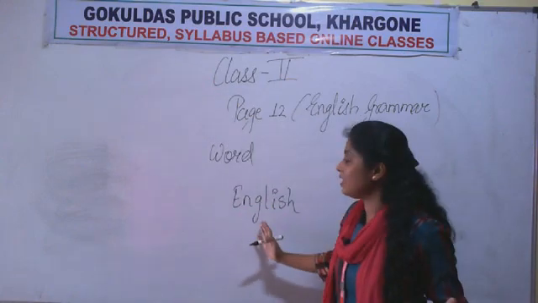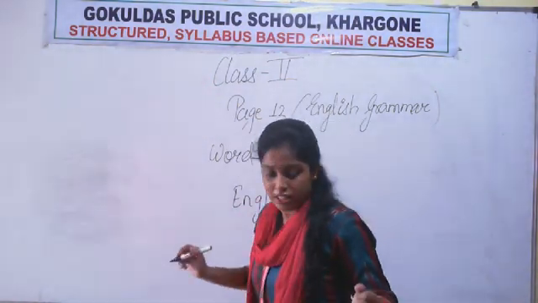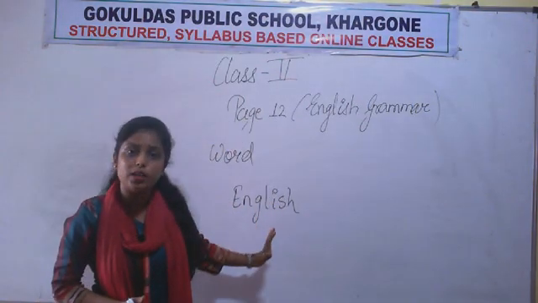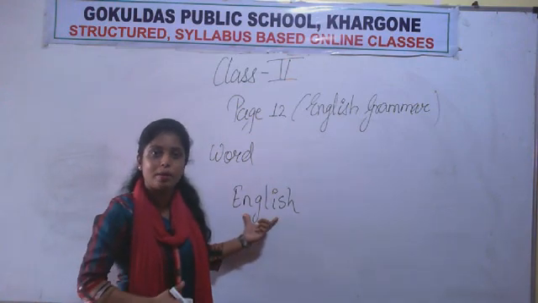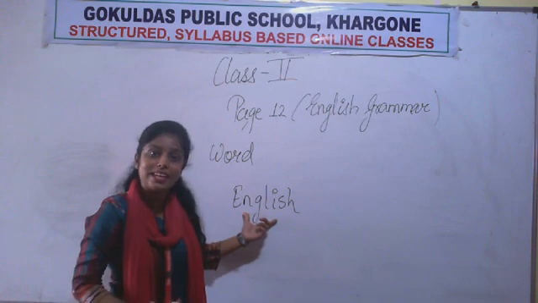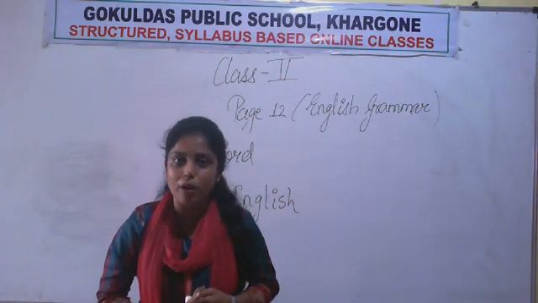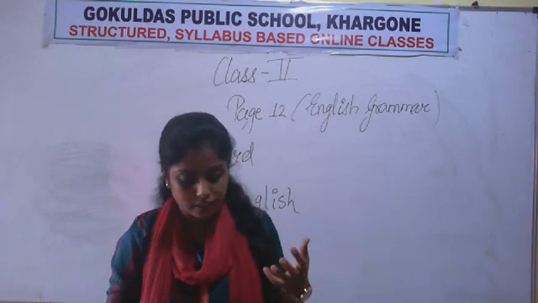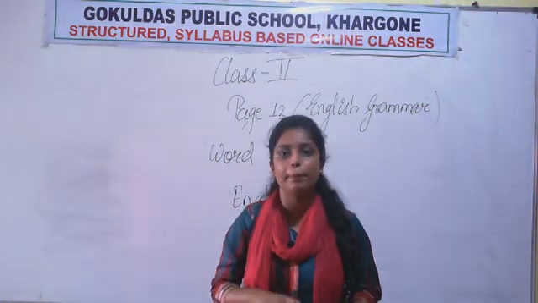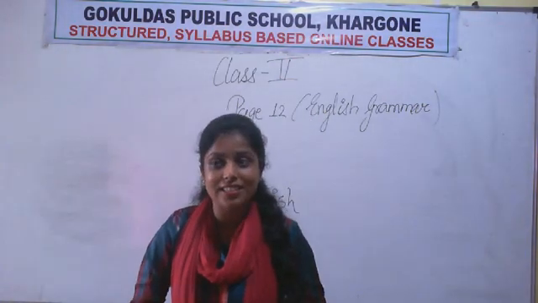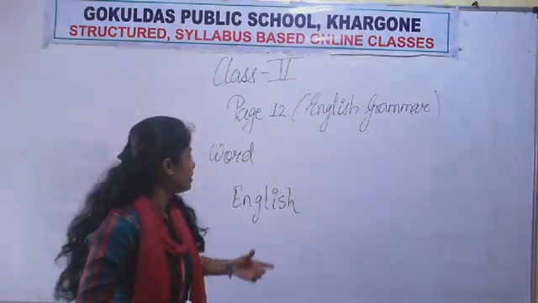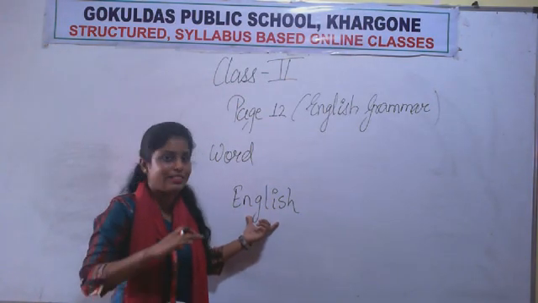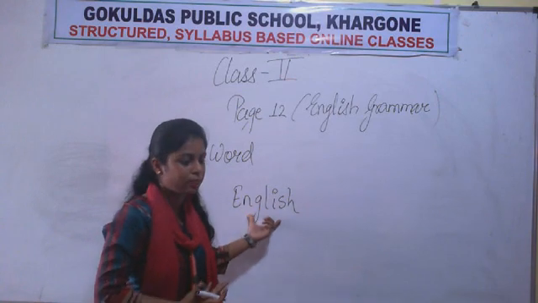So is this word having a meaning? Of course it is. Okay. So the next thing about the word is we should be able to speak and write a word. So are we able to speak and write this word? क्या हम इस word को बोल और लिख सकते हैं? Yes, we can. Then the third thing to remember about a word is that words denote or describe so many things. For example, person, places, ideas, actions, etc. So what is this word describing? It is describing a language. English is a language now? Yes, it's a language. It's not a subject. It is a language. Okay.